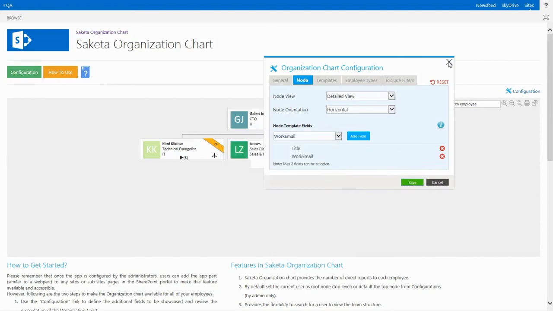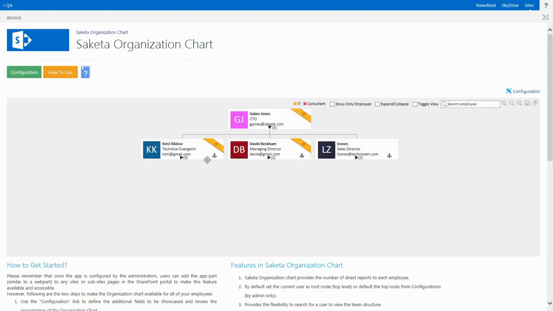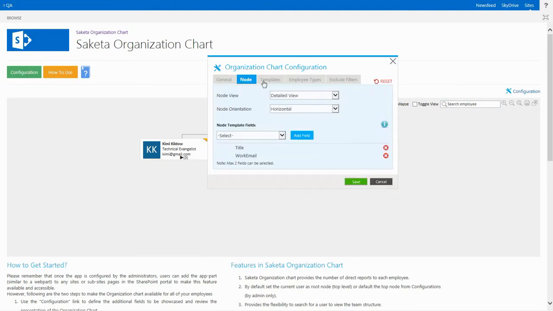And if the user has the work email entered, now as you see, the work email is now configured. That's because we added work email here.